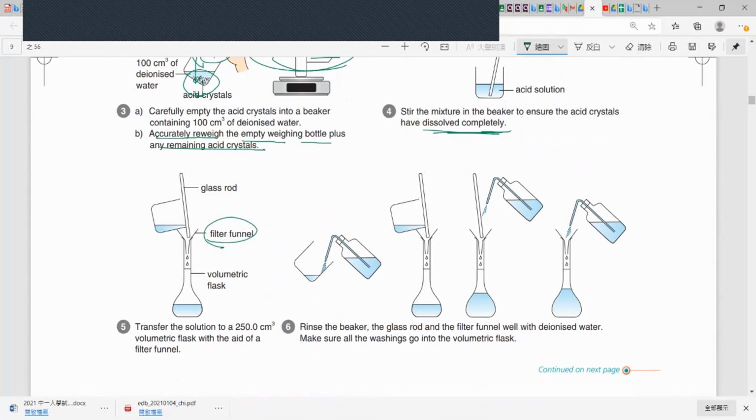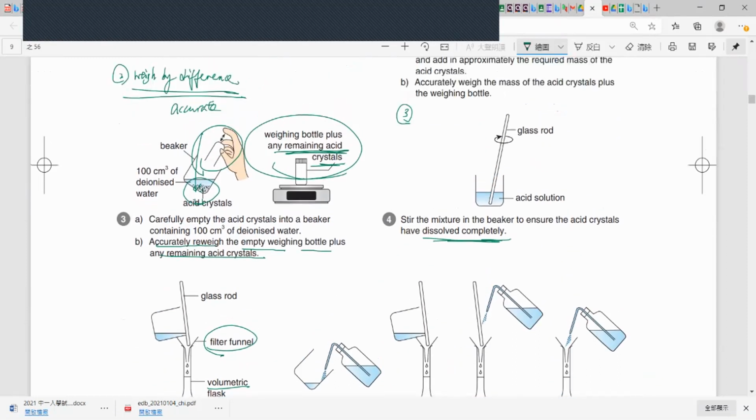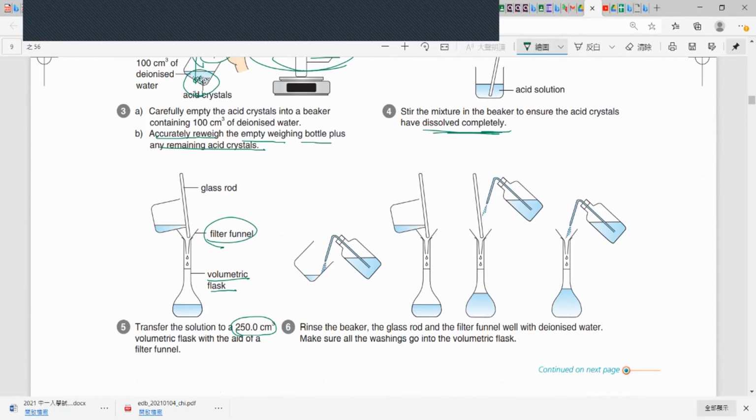好，第3點，邊度係要好準啊？呢個啦，要溶晒嘅喎。嗱，記住啊，要溶晒佢。溶晒佢之後，你睇下下邊個要做啲咩？倒落去咯，咁一倒落去，we try to use the filter funnel to help guide the flow of the solution and pour it into the volumetric flask. Now in this case, we have a 250.0 cm³ volumetric flask. 跟住咧，呢度又係麻煩嘢啦。